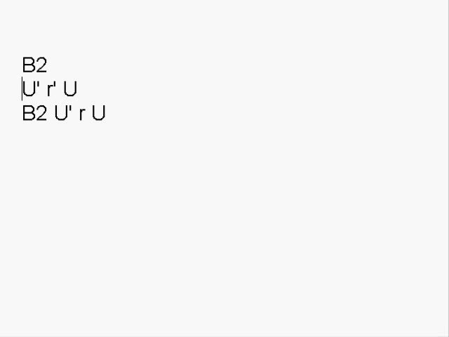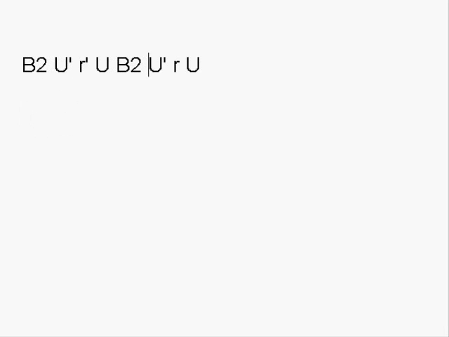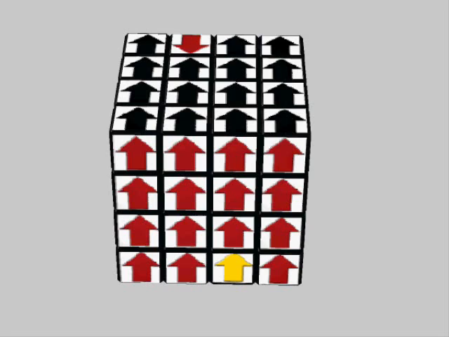So this is the result that we have, and if I rewrite it like this, you can see that it has a commutator form easily. But I'm just going to keep it on one line because we're going to have a lot of lines of work ahead. Just like with the standard algorithm, our goal is to move all three 1x3 blocks into the right